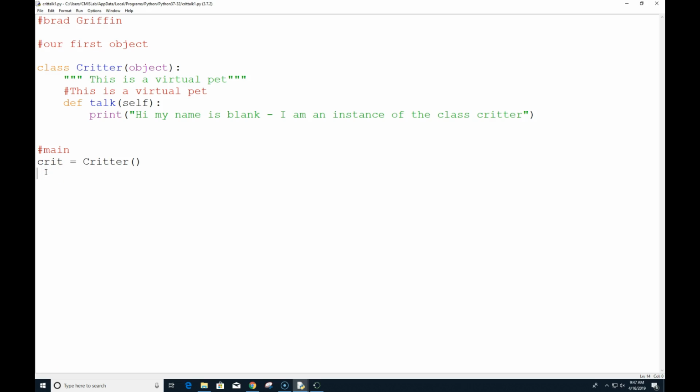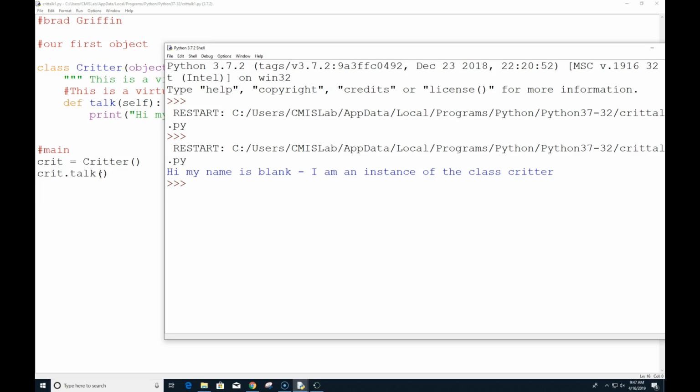We've got an example of it, so now we need to actually make it do something. That's where we use, and notice it even pops up, crit.talk. We're not passing anything into it, and it goes, hey, my name is blank.